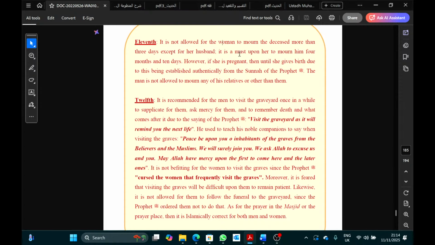Hidad is basically the mourning period for the woman, and she's not allowed in that mourning period to beautify herself, dress up, or even go out of the house if there's no need. Or if she's got a job and she has to take care of herself, then obviously yes, otherwise she can't live. But without a need, she shouldn't leave the house or adorn herself and so on.